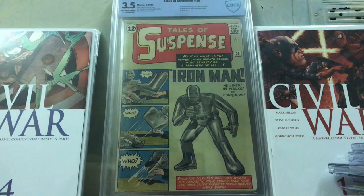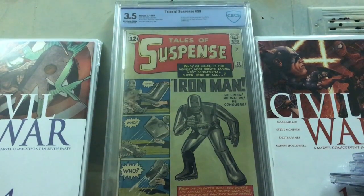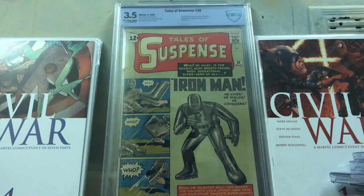But again, based on the grade, this was, for a single purchase, number 1. I mean, I think the best book so far was Brave and the Bold 28 because of the grade. But this is the best book. Again, I think this is a book that has a lot of room to grow. It's been flat for a while value-wise. But remember, for Avengers Infinity War they're gonna have 2 movies, and Iron Man, in my opinion, is the main character pretty much, the biggest one, bigger than all the other Avengers. So this book could be